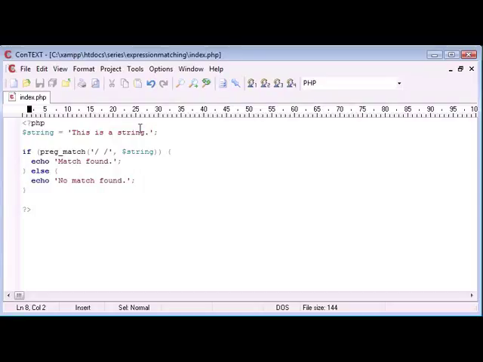We're basically using pattern matching to ensure that it adheres to a certain standard. So we can use preg_match for this. It's a very, very powerful function. And like I said, I'm not going to go through how we're going to check for patterns. If you go over to the PHP.net manual, you'll find plenty of information on how to match specific things, whether